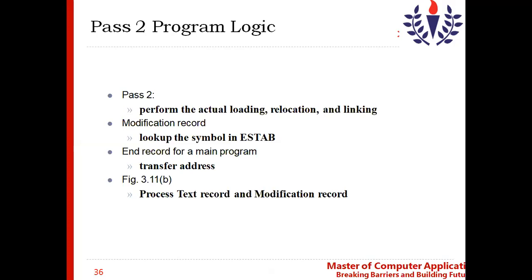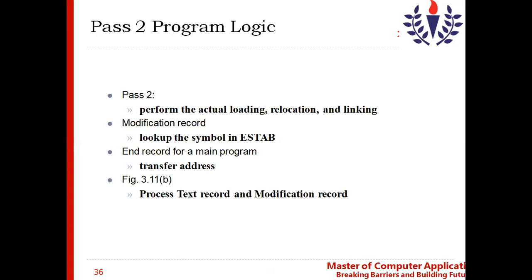I have already told you this when we were discussing the object program, and I have shown you the object program structure. At that time I told you about the header record, text record, and end record. The end record has the address from where the program has to start its execution. That is called the transfer address. That transfer address will be in the execution address, which is a variable used in the algorithm.